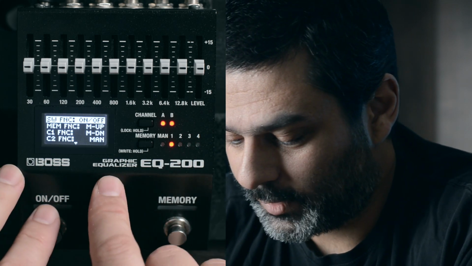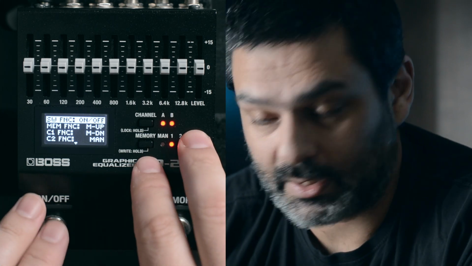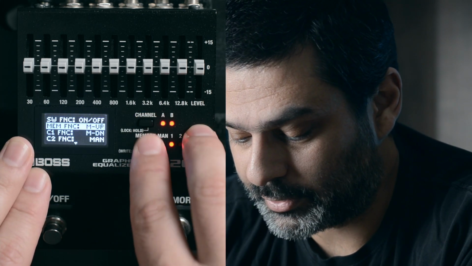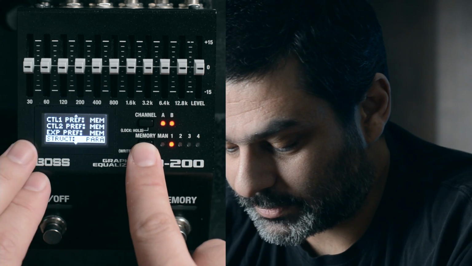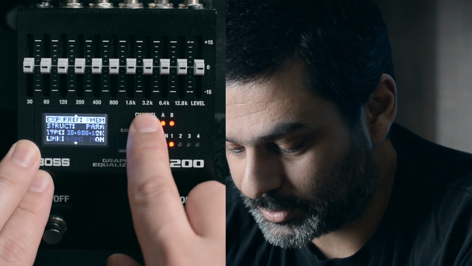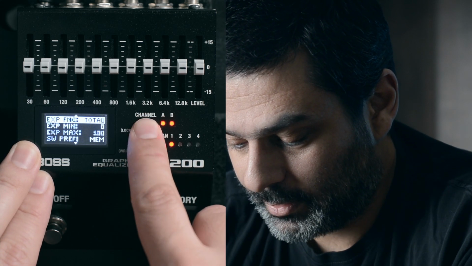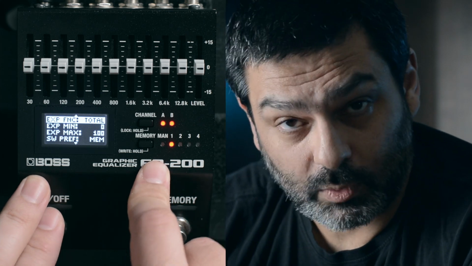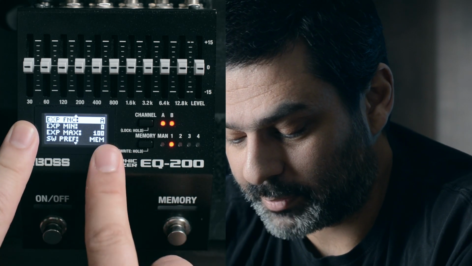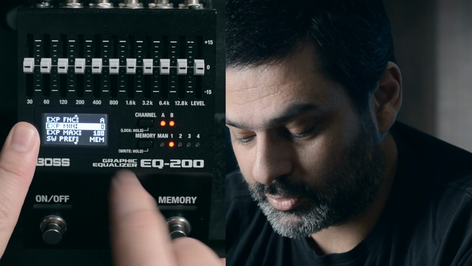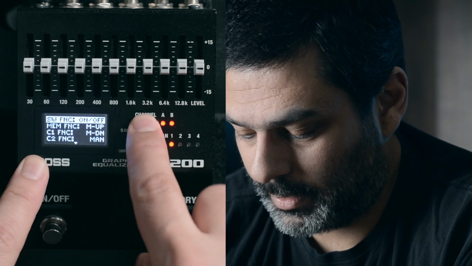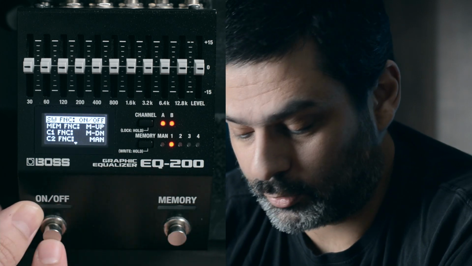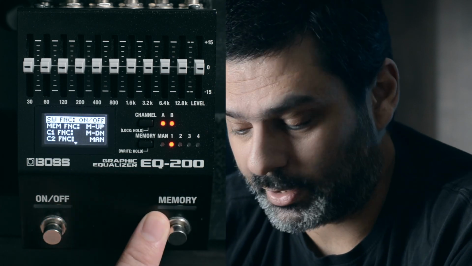So let's do a hypothetical scenario in which our memory number 1 is our lead sound and our memory number 2 is some other sound. Doesn't really matter. But, I'm sorry, lots of clicking here. Let's say that on memory number 1, you want your expression pedal to control your channel A from 0 to 100, and you want your switch to be on/off, and you want this one to take memory up.